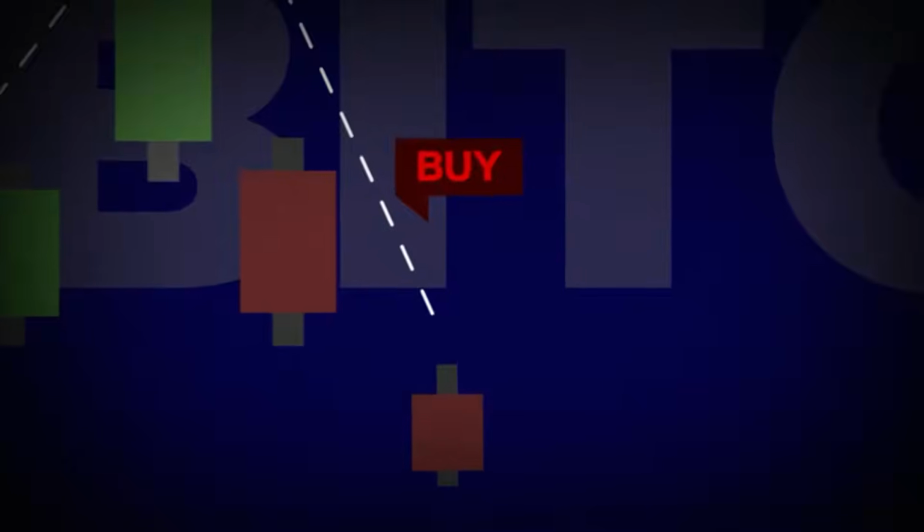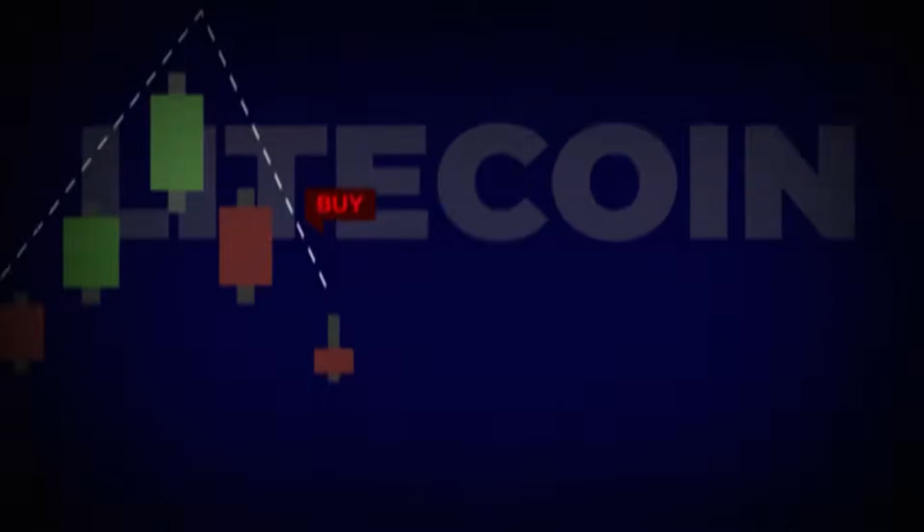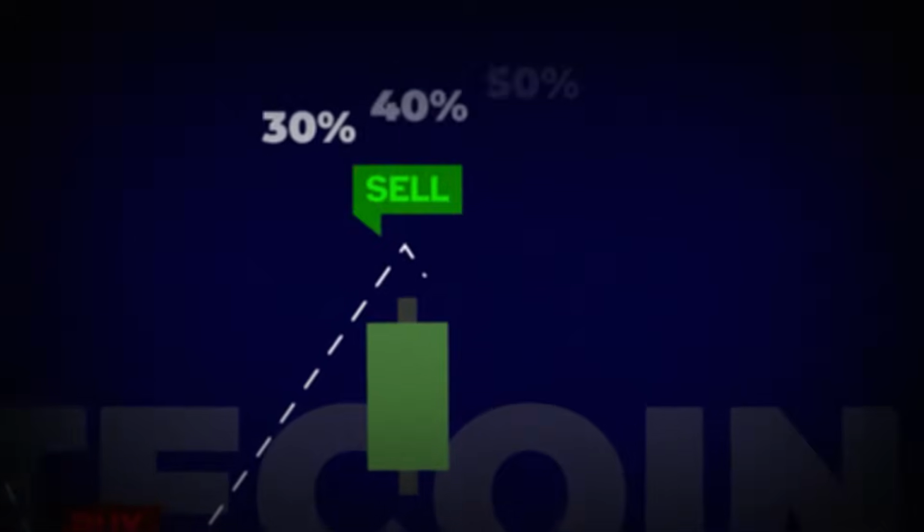A little backstory behind me, I actually made a large portion of my money that I initially used to fund my trading account by spot trading Litecoin. So I would literally just go on Litecoin, I would mark out the highs, I would mark out the lows, and I would look at Litecoin movement relative to Bitcoin. So whenever Bitcoin went up 10, 20, 30%, I noticed that there was a pattern that Litecoin would move up 30, 40, 50% in the following days. So this pattern still does occur.